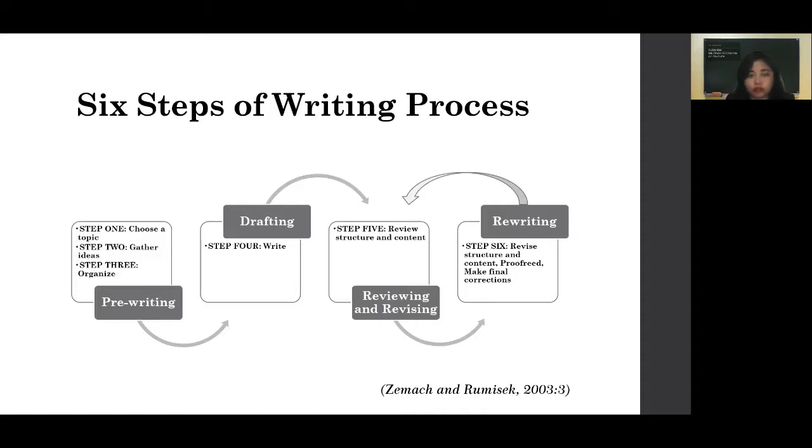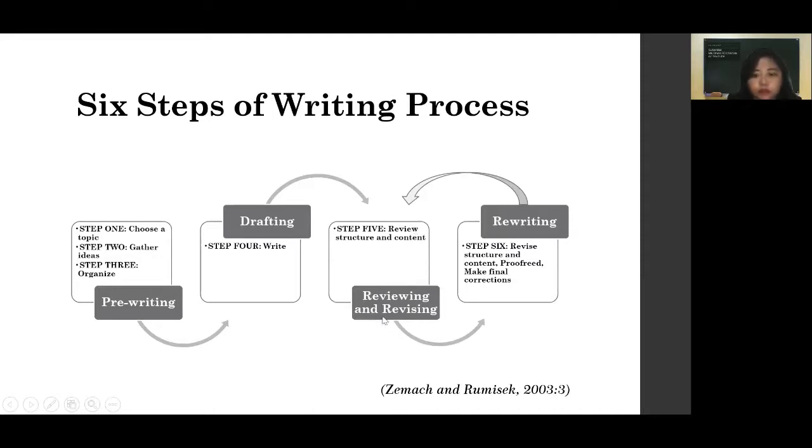After several rounds of editing, you can make your final correction before you submit your writing, or say that your writing is finished. There is another arrow here on the top, from rewriting to reviewing and revising, which means that you can do this step.